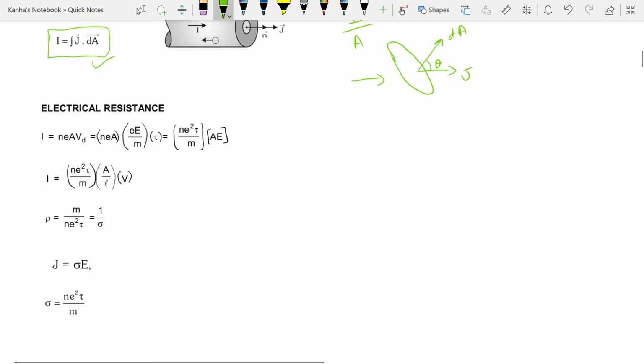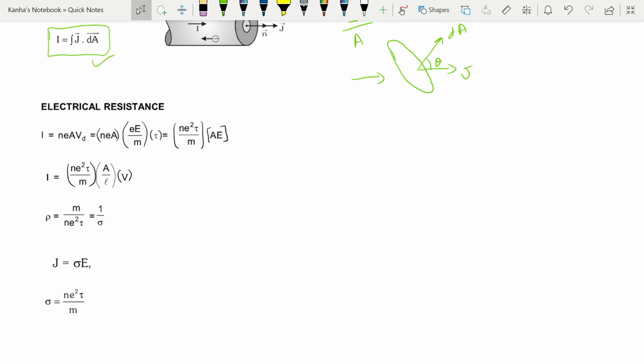Next let's quickly discuss electrical resistance in the system. What is resistance? Electrical resistance is basically the resistance of a conductor to the flow of electrons inside it. So what really happens is, when I apply a potential difference across a conductor, the free electrons get accelerated, and because of this extra acceleration they collide with positive ions and their motion is thus opposed.